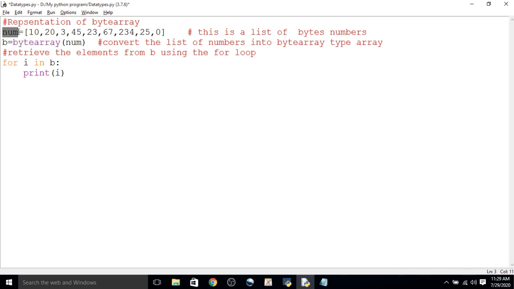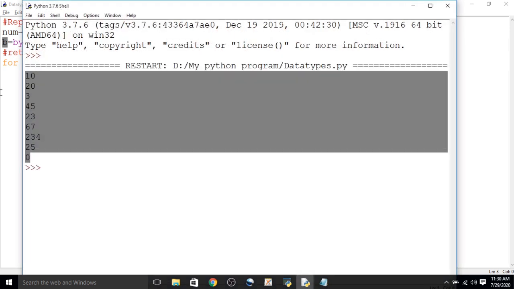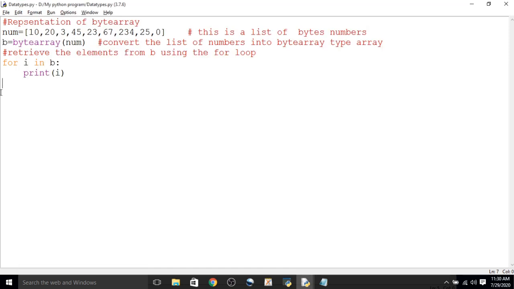Here num, that list, will be passed within parentheses, and it will convert the list of numbers into a bytearray type array and store it in a variable b. Now retrieve each element of the bytearray by using a for loop. So we get the output in this. So this is the way of using a bytearray.